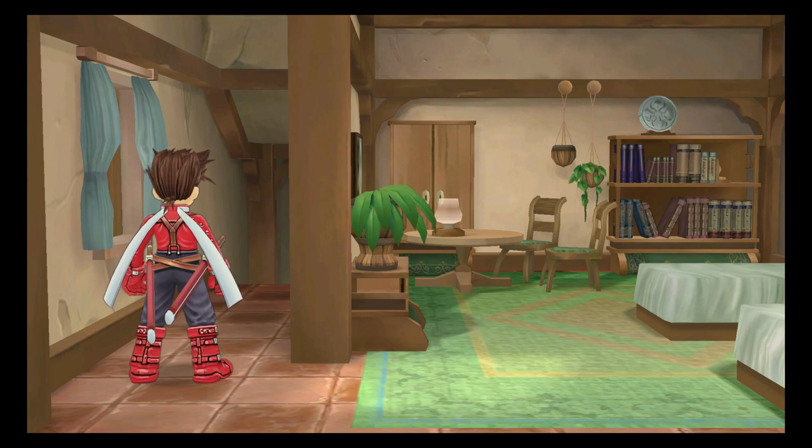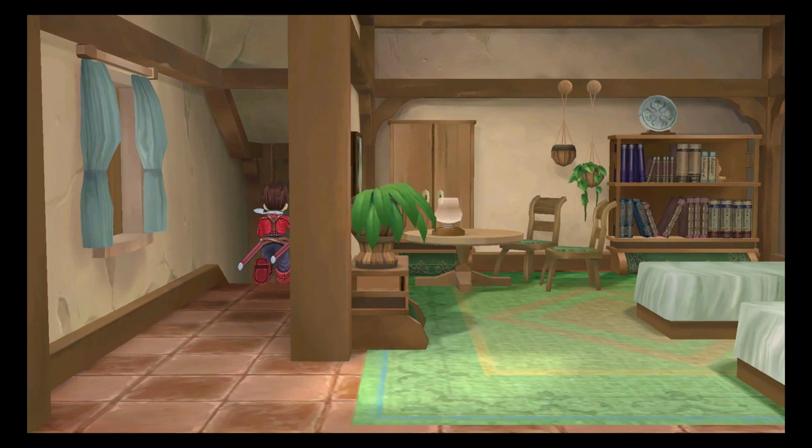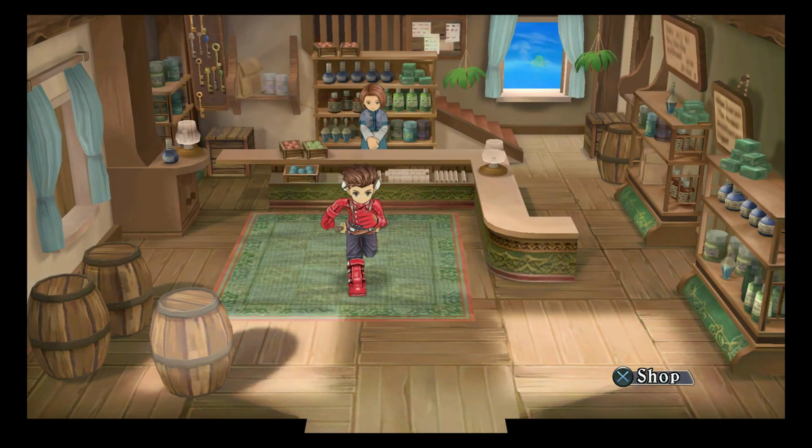All right. So their dad died to the Dezions. The grandma was sent off to a ranch. And the mother almost died. This family really got screwed. But the name of the shop is Marble. Huh. That's interesting. If you can put two and two together, you might know where that's going, but I won't